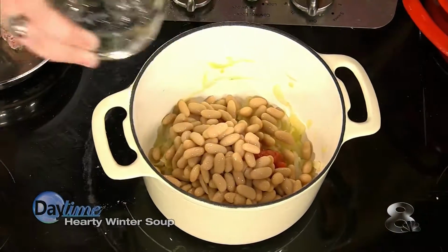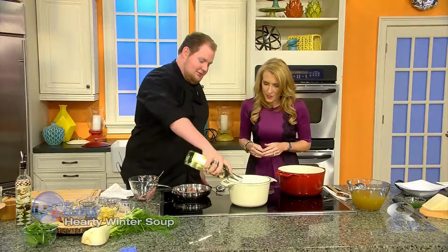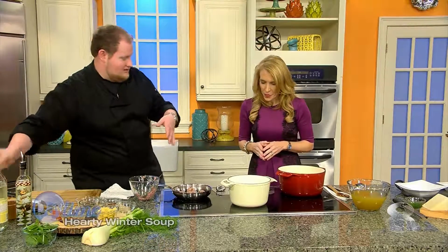They're similar to a white kidney bean. Very simple. Lots of fiber in this soup. Very good for you. This is so good. A little bit of white wine to deglaze the pan. Okay. And then you're just going to let that cook down for a little bit until the wine starts to